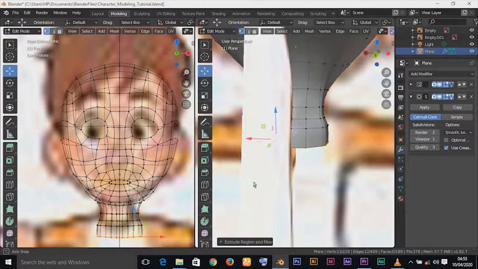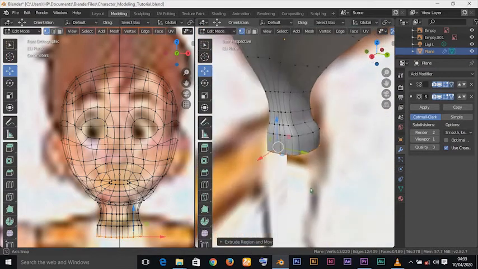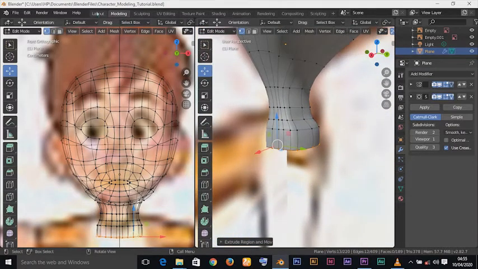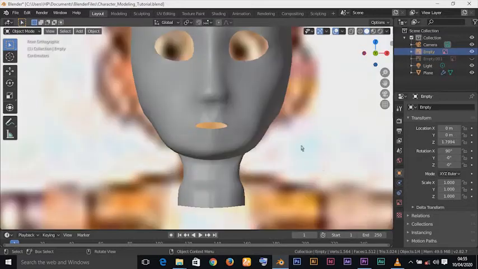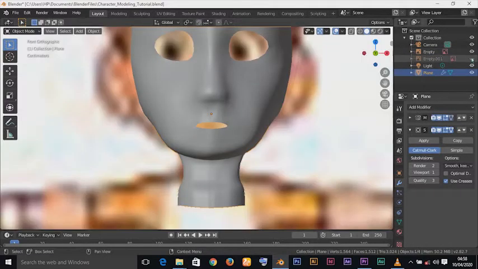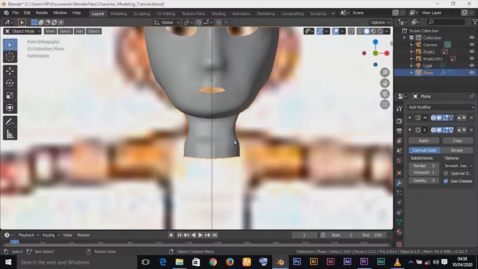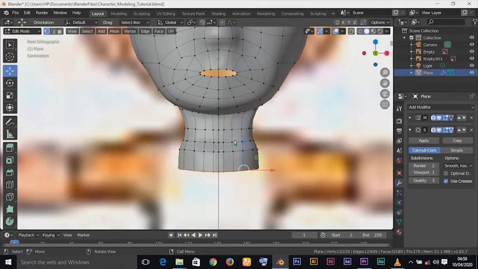So the reason why I go to layout from time to time is that I want to see what I am doing. Remember I keep saying that you must know what you are doing, because if you don't check it, remember what I told you, it compounds your problem. So now I will go to